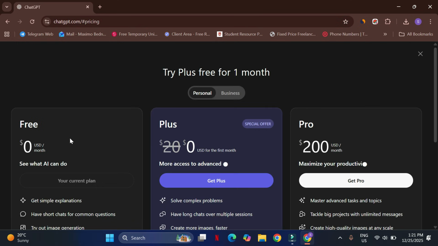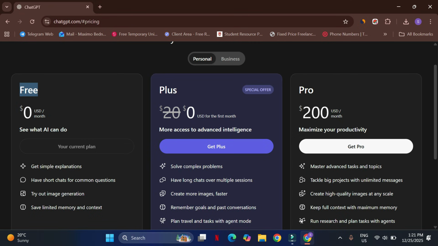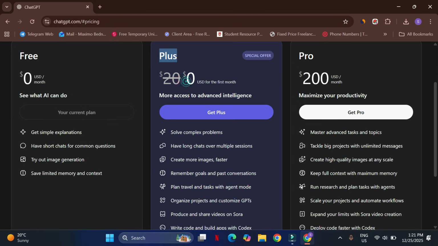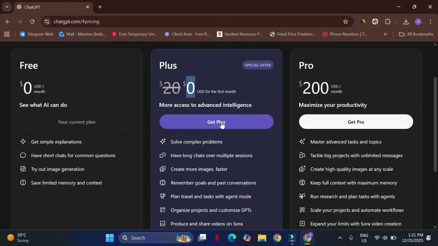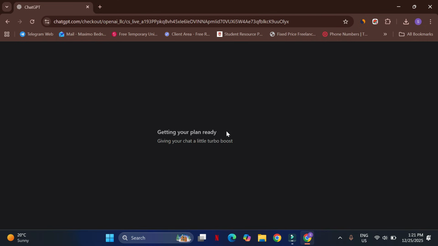Okay, and now I go to my profile section, and here I see the upgrade plan, and now you see that there is a free version, and here is the Plus version, and now it's get with $0. So we can just click on the get Plus section, and then we come to the